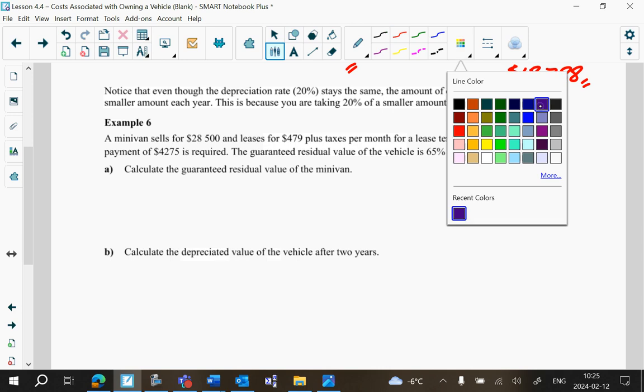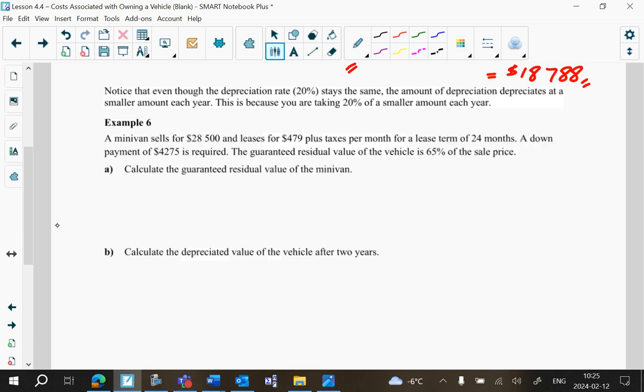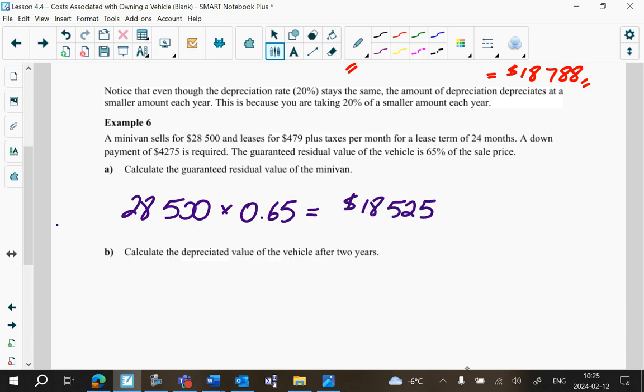So the first thing we do is figure out 65% of 28.5. That will give us the residual value, which is going to give us $18,525. Remember, residual value goes with when you lease. So that's how much the vehicle is worth after 2 years. If you bought the vehicle